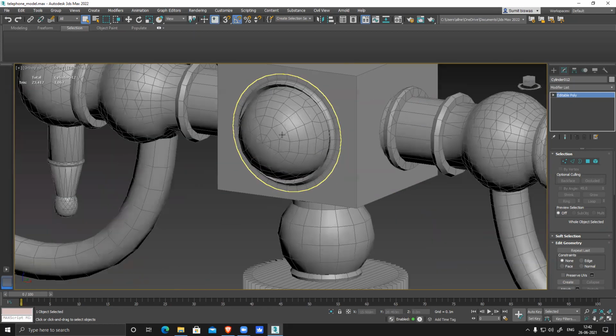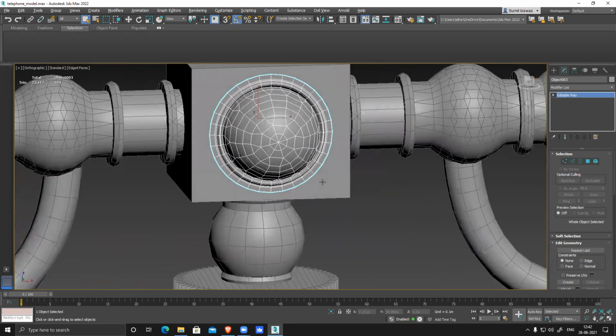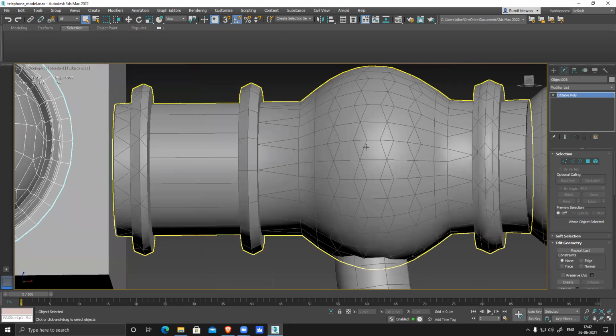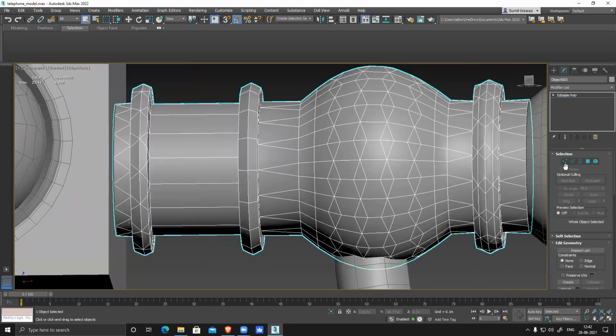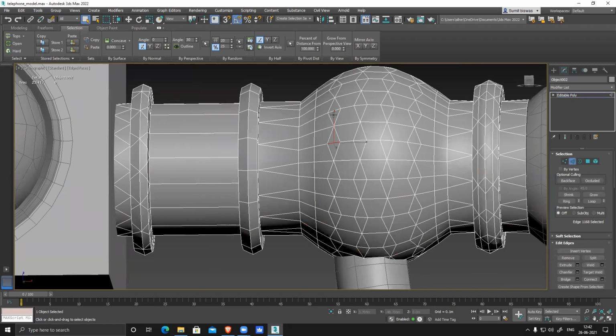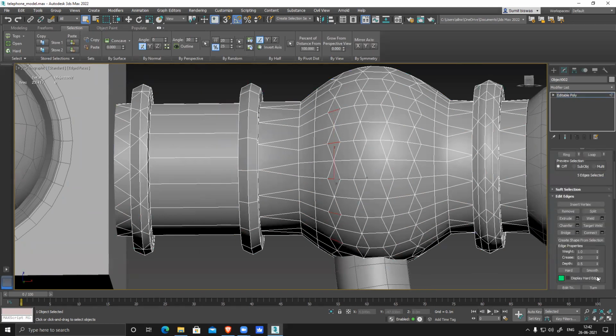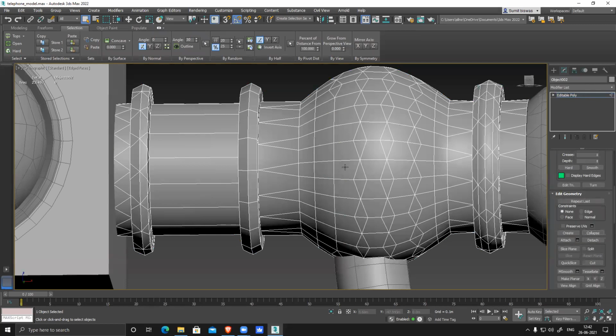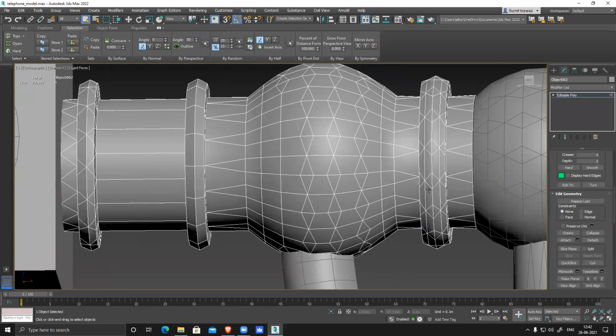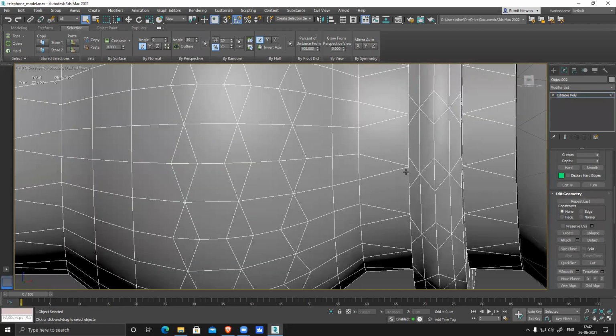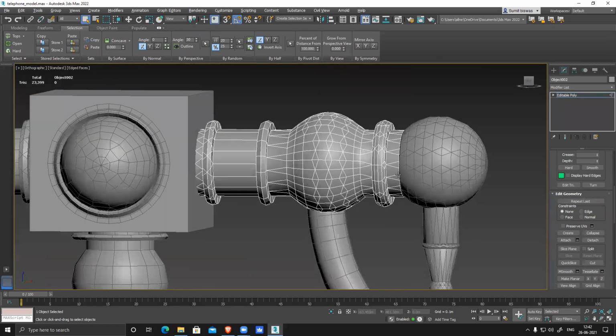Let's see. This is too much. This is too much. So here, what you can do, this looks like a design only, so you can simply get rid of this directly. It will give you a nice clean shape. You did way too much here. That's not required. Similarly, you can optimize this thing. Okay, sir. It will give you a nice clean shape.